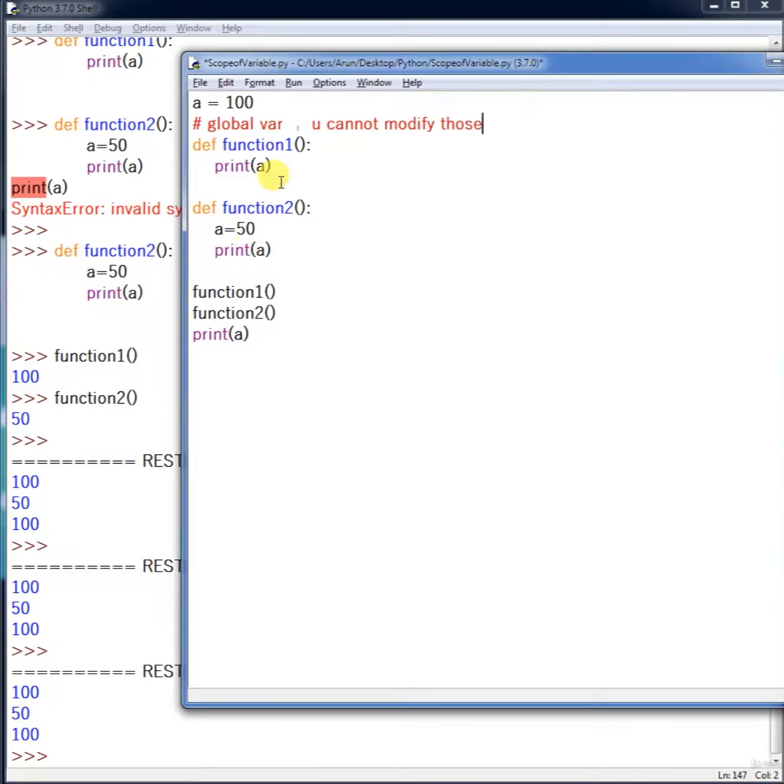So when you're using the global variable, you can use the variable in any number of methods, but you cannot override the value. But we do have an option to override the global variable. Let's do it in the second method. I'm going to indicate in the second method global